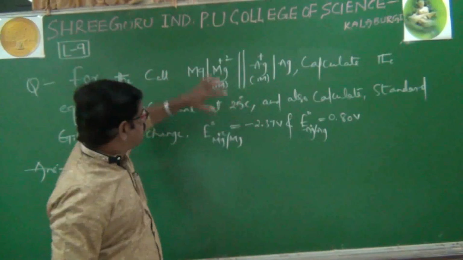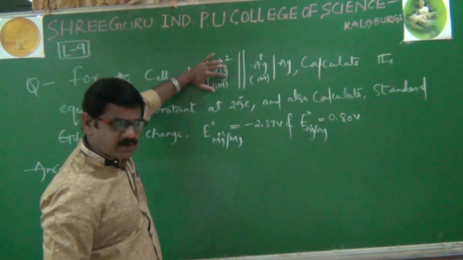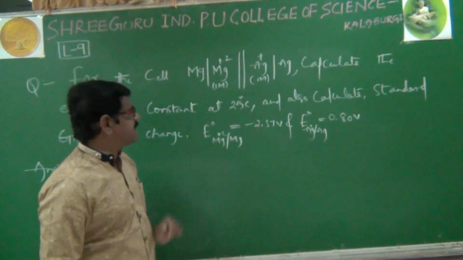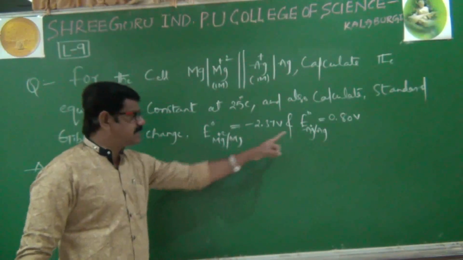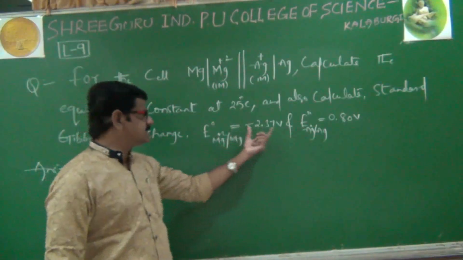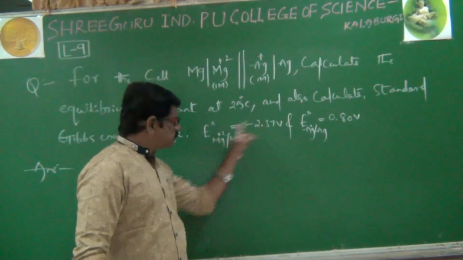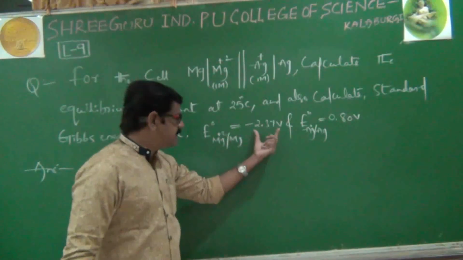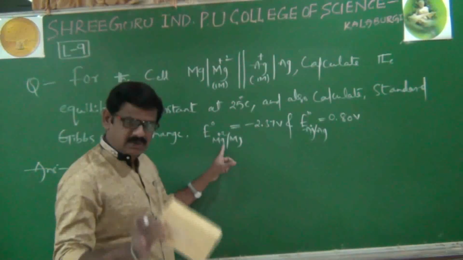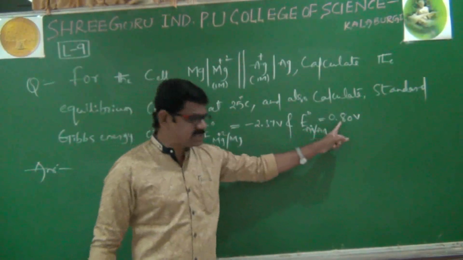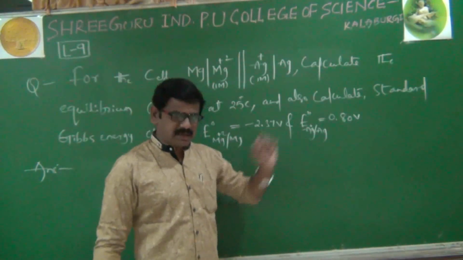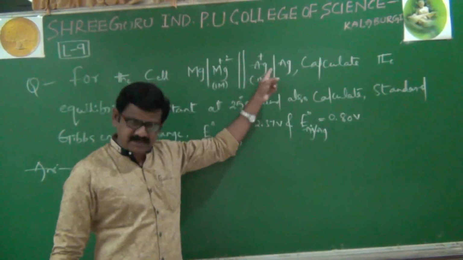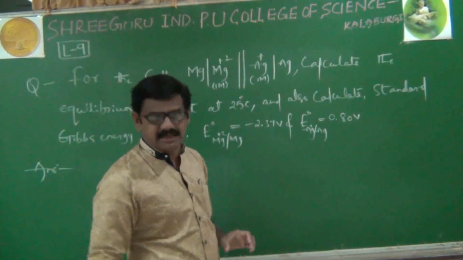Here magnesium is acting as anode and silver is acting as cathode. At the same time, with the help of their SRPs also we can identify. Why? Because we are connecting both to each other, being a less SRP, magnesium should undergo oxidation. Being a more SRP, silver should undergo reduction. First, with the help of this cell notation, we'll write the net cell reaction.